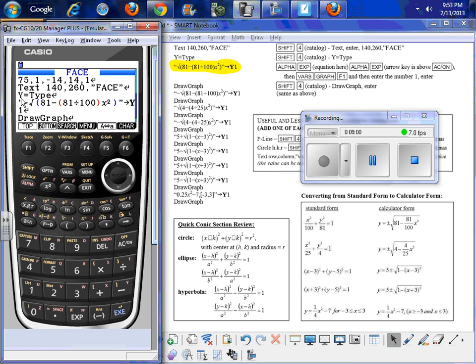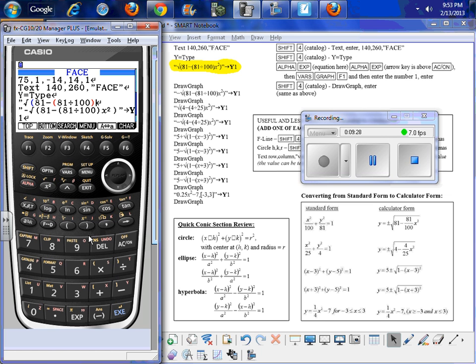I want a new line here, so I just hit Enter. Then I can scroll up, and again, go Alpha exponent for quotes, square root, quantity 81 minus quantity 81 over 100,